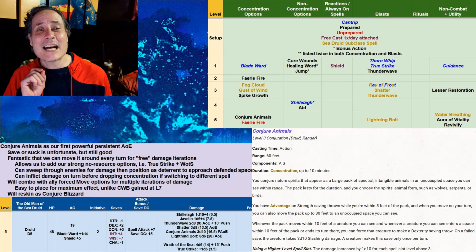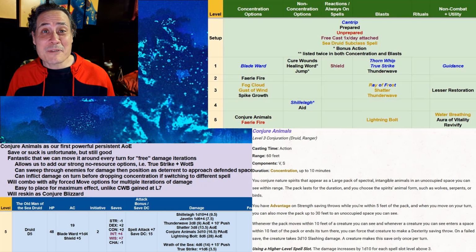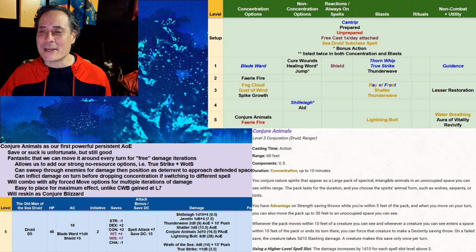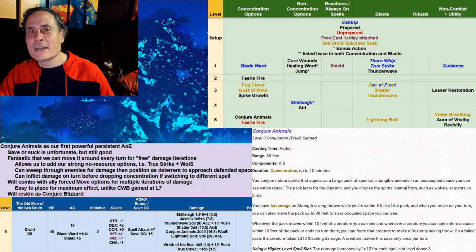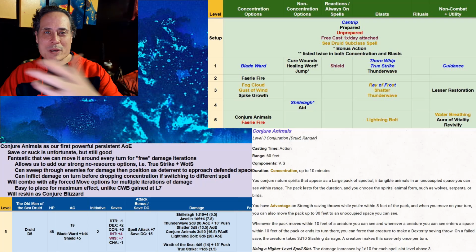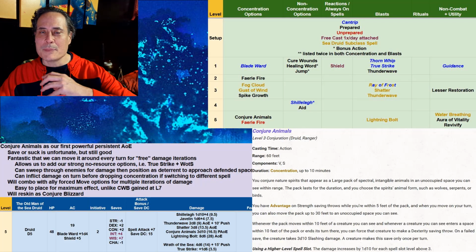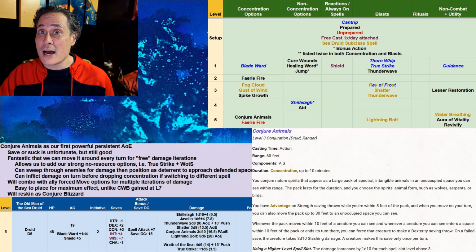And then we are going to be adding Conjure Animals as our first powerful persistent AoE. And we're very happy to add this. Conjure Animals is very powerful, and we really can't wait to cast it for the first time. It is a save or suck, which is unfortunate, but you are going to be able to sweep it around and get all kinds of enemies. Once we cast it, it's going to be pumping out damage every turn, supplemented by our really strong no resource option, so we are going to be doing a lot of damage once we can put Conjure Animals on the